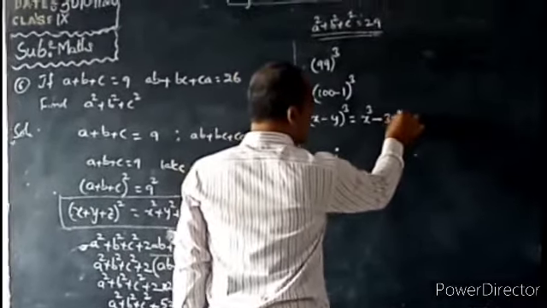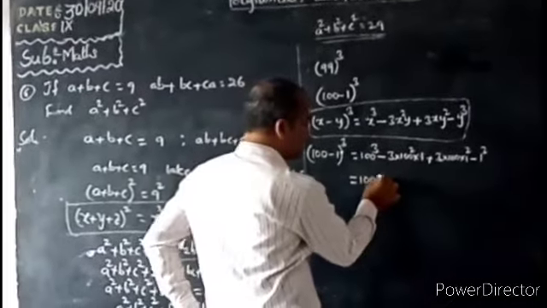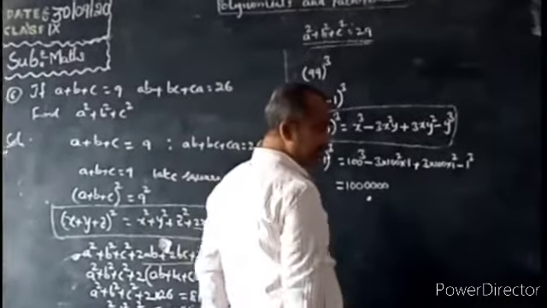x square means 100 square, into y means 1, plus 3 into x means 100, into 1 square, minus 1 cube. Now 100 cube becomes 1 followed by zeros. 100 can be written as 10 square, so (10 square) whole cube, 2 into 3 becomes 6. So 1 followed by 6 zeros: 1, 2, 3, 4, 5, 6.